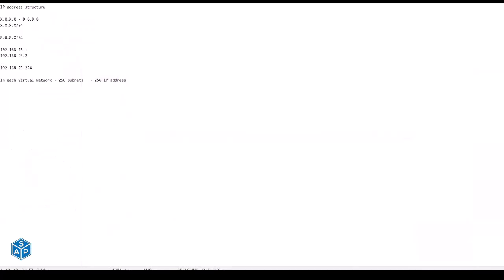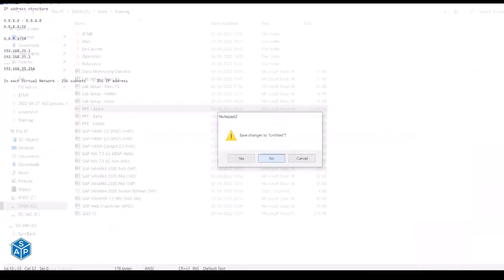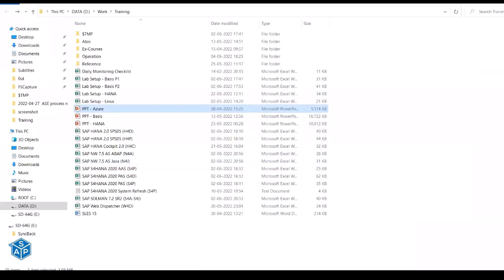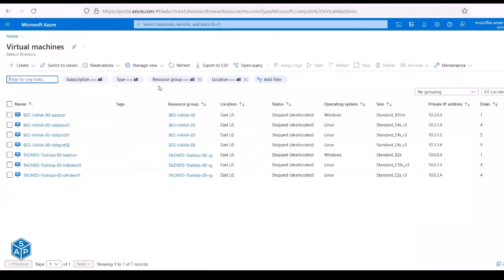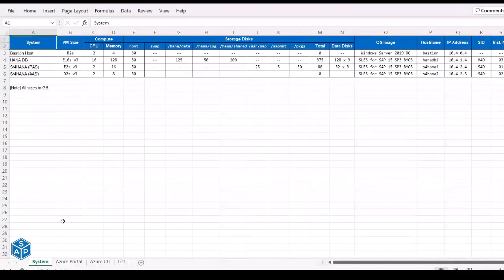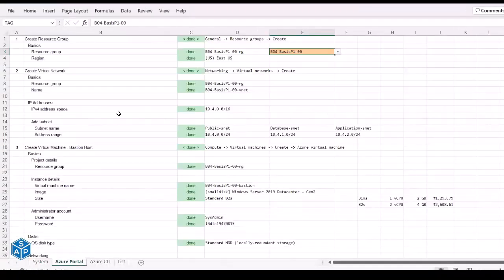Okay. So now, this is the Azure portal where you can create your virtual machines and different labs. So let me open this lab setup. You have seen this Azure portal, so let us start creating the lab. The first thing that you need to create is a resource group. It's like a container in your